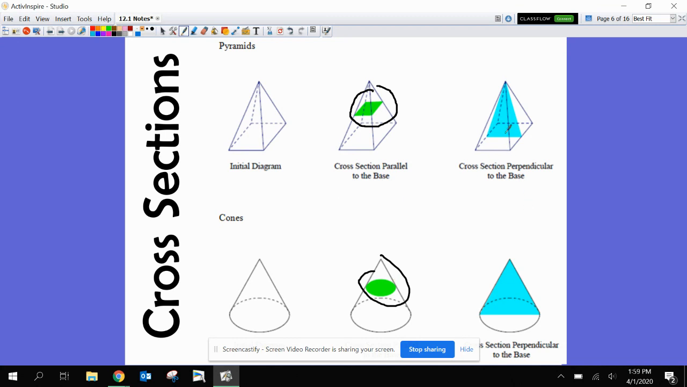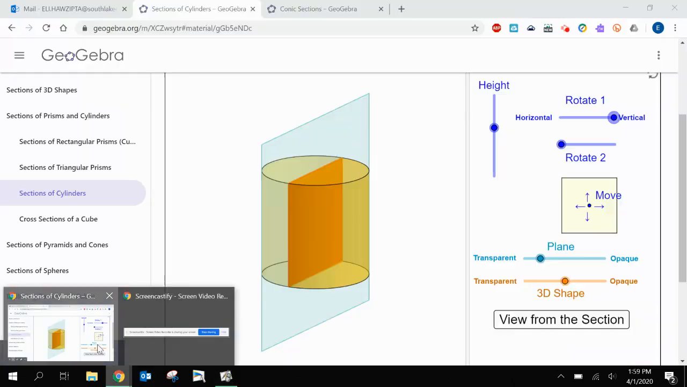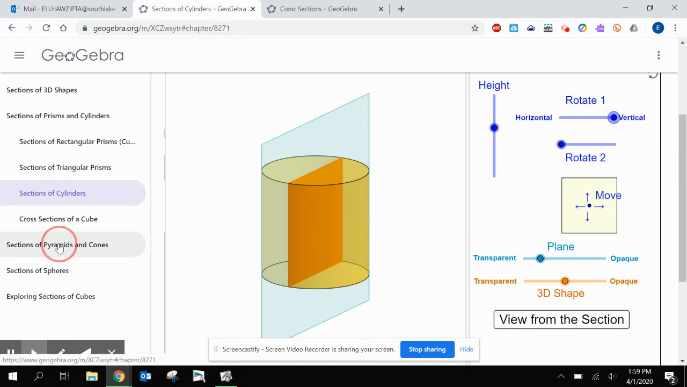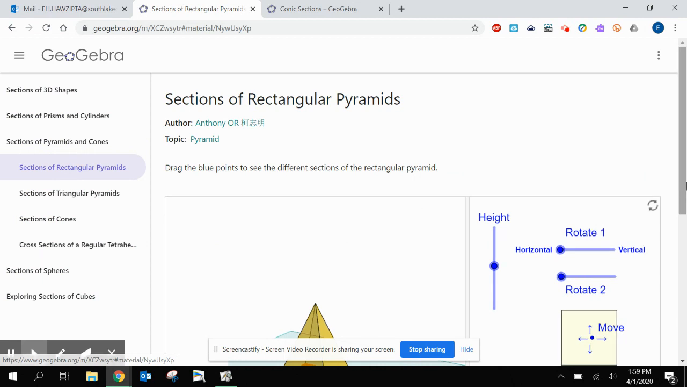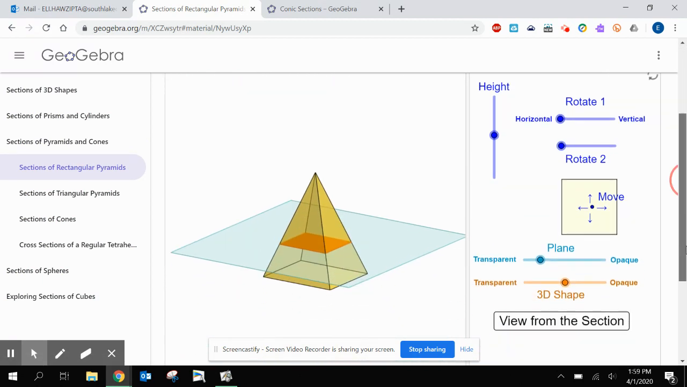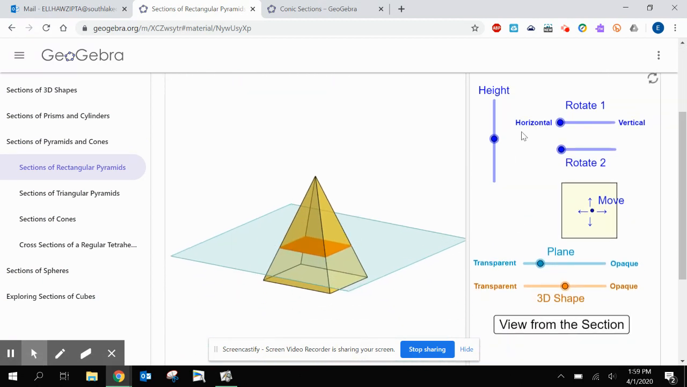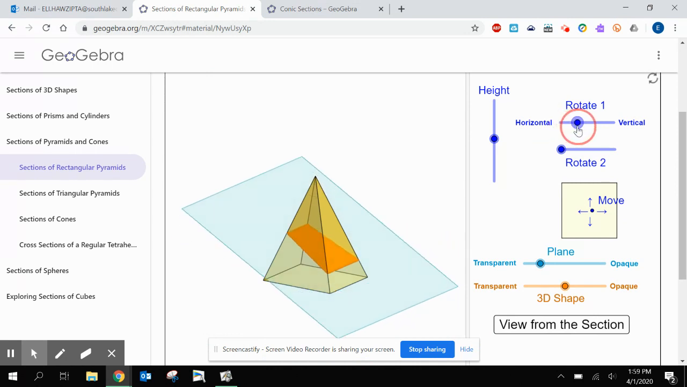What's different when we get to pyramids and cones is the perpendicular cross section to the base. These are going to give us triangles on both of these shapes. So let's go to the rectangular pyramid, like what was on our notes. Here is our rectangular cross section when I go parallel to the base. And when I start rotating,